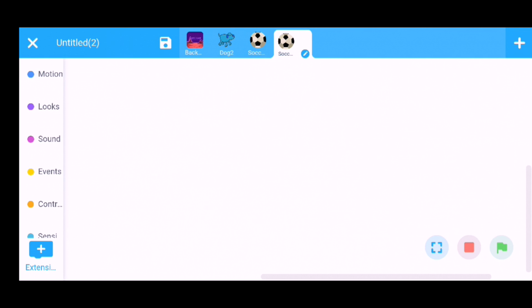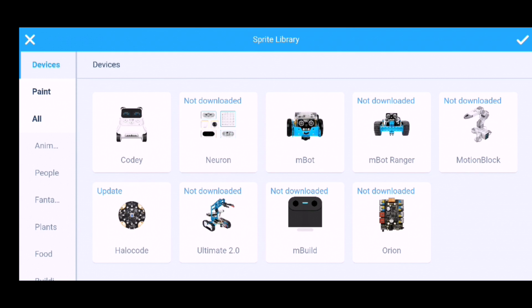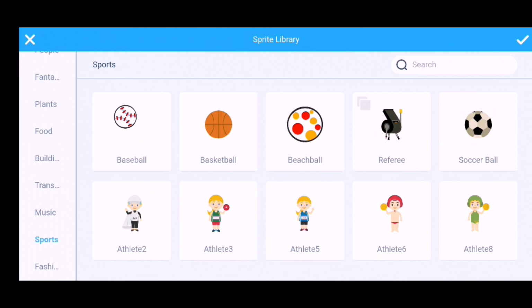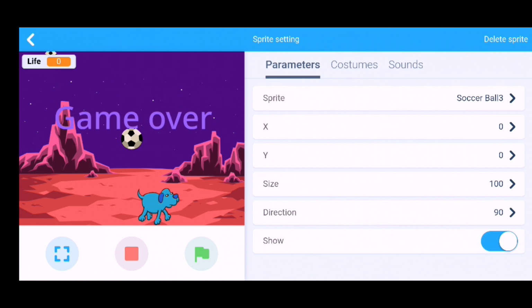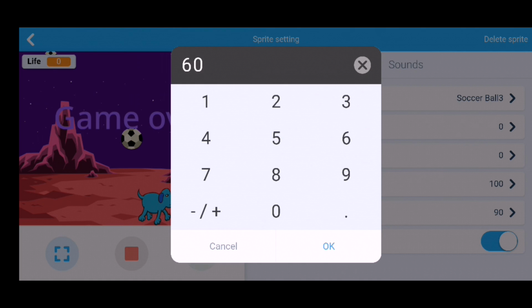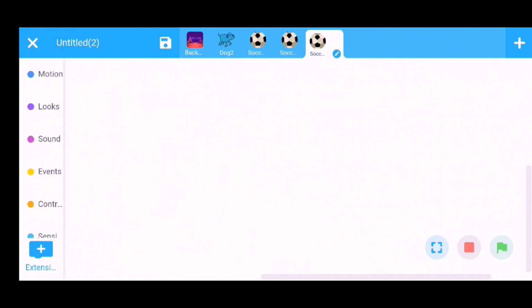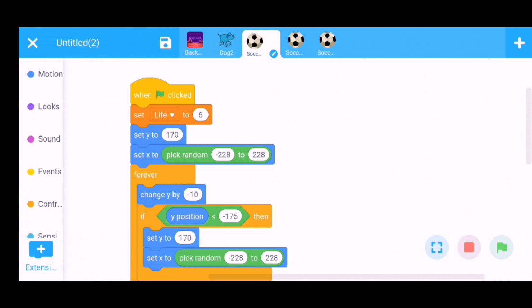Then again add one more ball, again go to sports, decide their size 60, click OK. Now copy all the code from the first ball to the remaining two balls also.